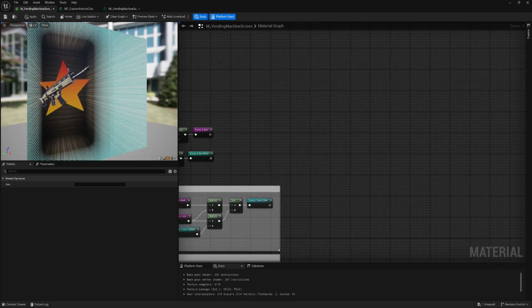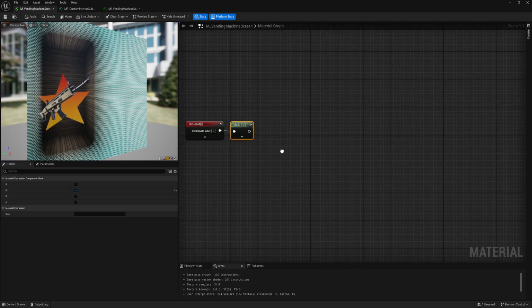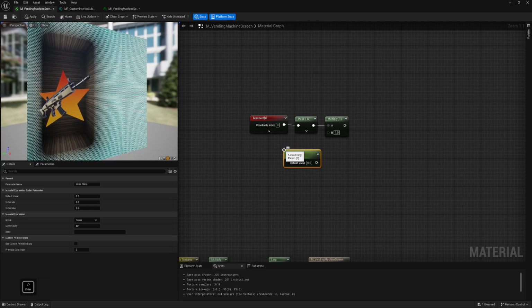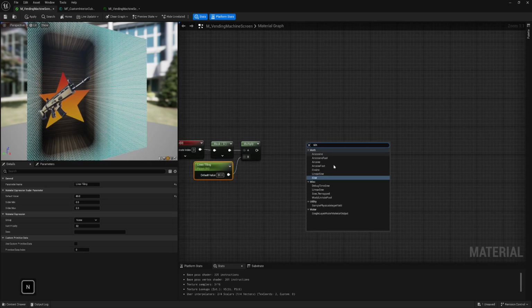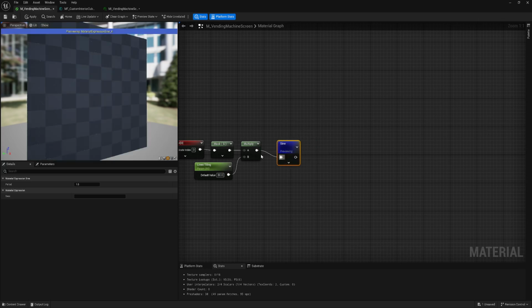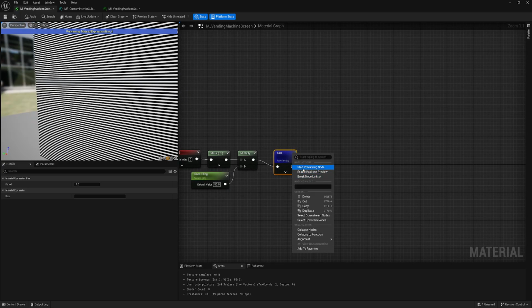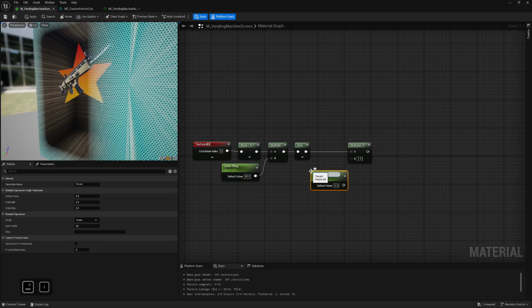Now let's add lines. Again, we're grabbing our UV space, we're taking our G channel, which is vertical, then multiplying it. So this will be our lines tiling or number, because with a bigger number we will get more lines. And then we'll connect this just to a normal sine and preview. You can see we have this line. So basically you don't need a texture for that. Okay, and then I will add multiply, and this will be intensity. I want it really subtle.